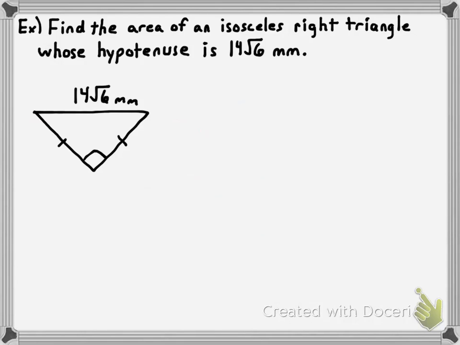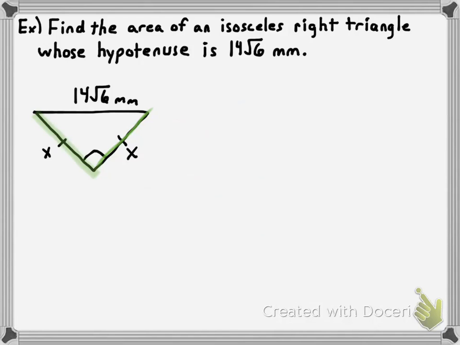Alright, now I want to remind you of something I told you in a previous video. Whenever you're trying to find the area of a right triangle, it often makes sense to use one leg as the base and the other leg as the height, because they're perpendicular to one another, so they can work that way. So really all we need to do then is find the length of each leg, and then we can use 1/2 times the first leg times the second leg in order to find this area. Alright, well, so how will we go about finding the length of the leg? If we just call each of those x for right now,